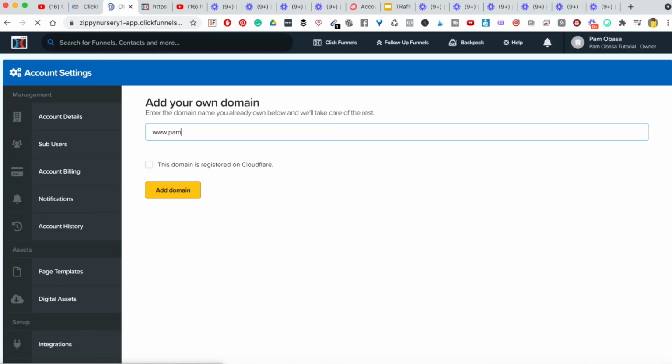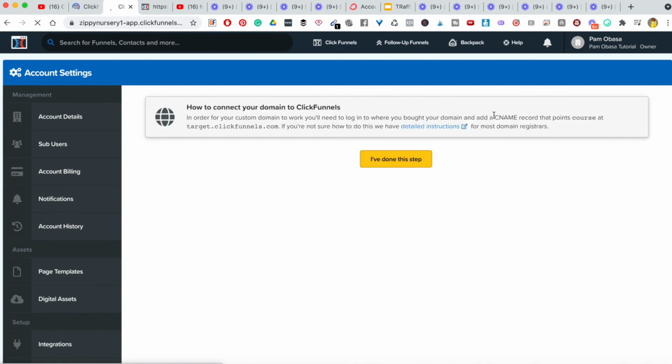So if I was to put in here PamelaBassa.com, I wouldn't use this because I have already used this for my website, and I don't want to mess things up. So instead, what I would want to do is add a subdomain. So I could go to go.pamelabassa.com or digital or course, right? course.pamelabassa.com, etc. And then you click on add domain, and then you follow the necessary steps,